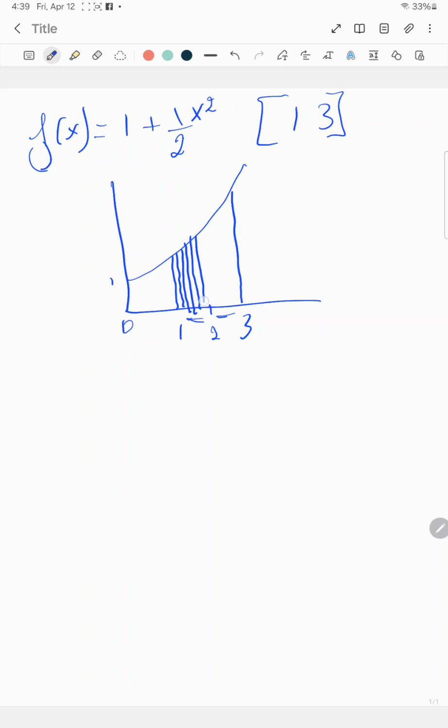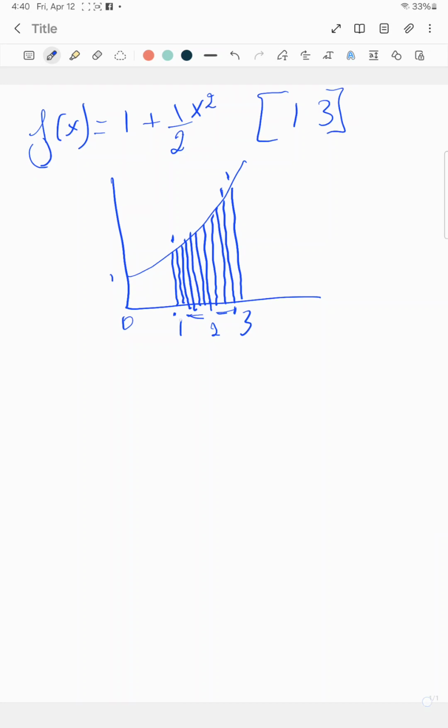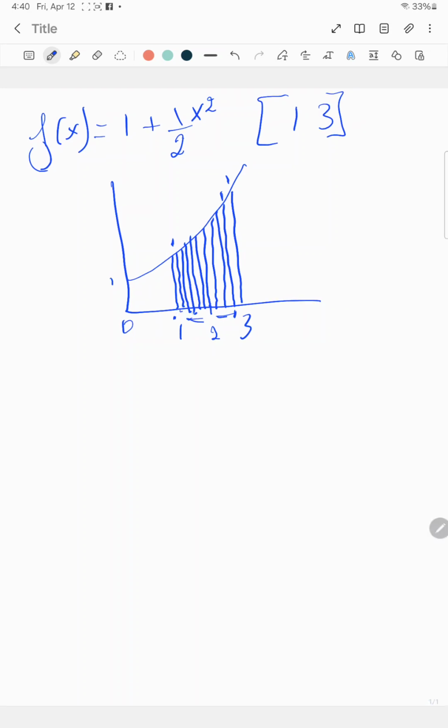And I will show you, if I set my n equal to infinity, the area under the curve will be the exact area. It's not an estimation anymore, because my lower bound, when I start with k equals 0 to n minus 1, will be equal exactly to the sum from k equals 1 to n, when n goes to infinity. So again, I want the width, because it is two parts here,